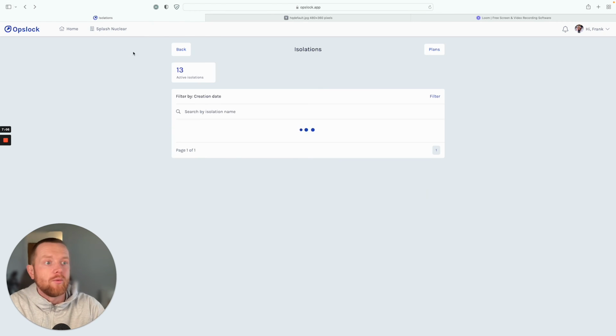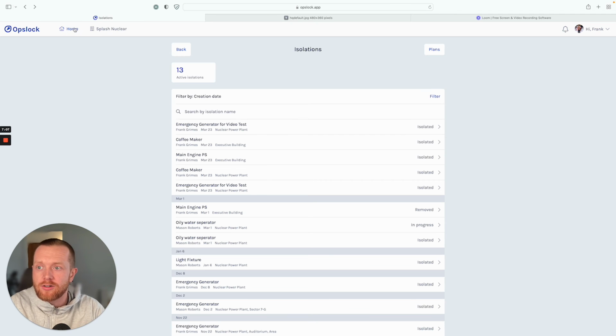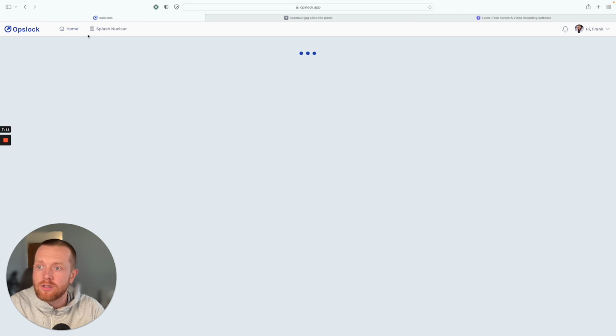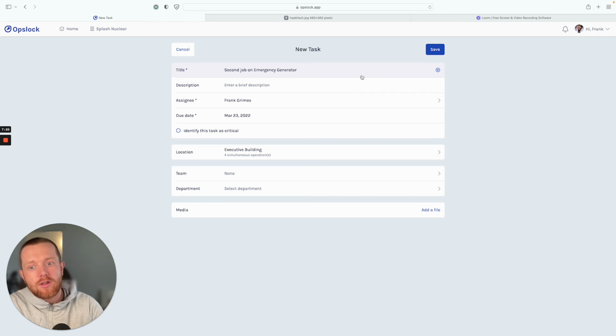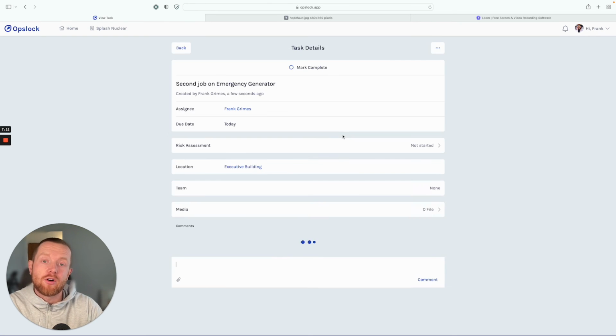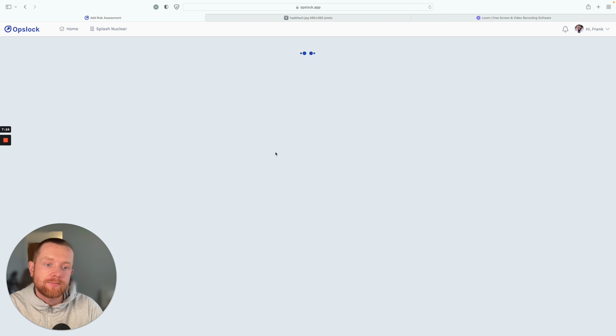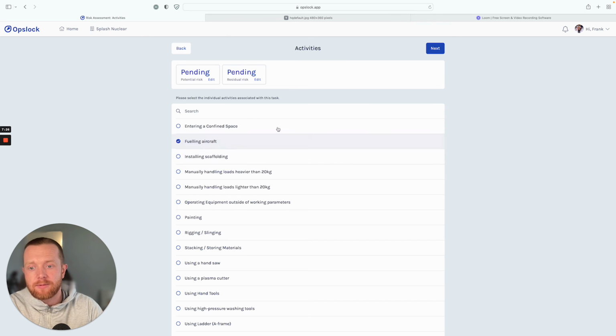If we had another person doing another task, so again, we've got all these ones installed. If we were to come in and do a second job on the emergency generator, we do give you the ability to install what we call a second layer isolation. So if you were to start your risk assessment,